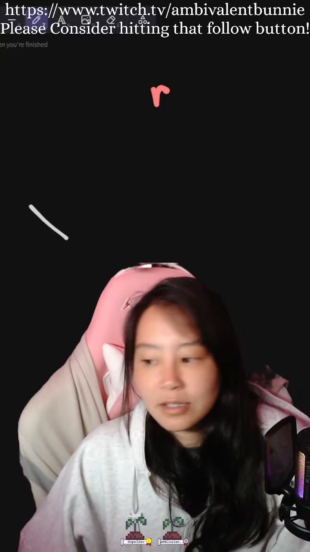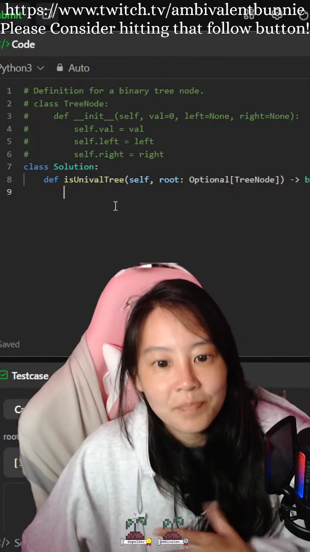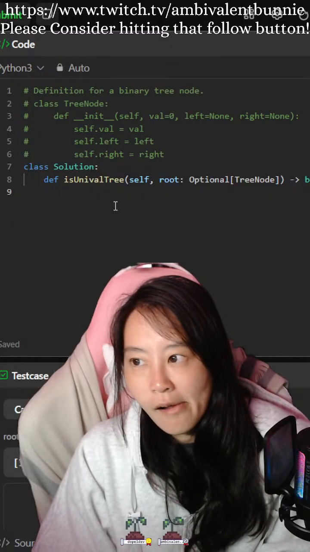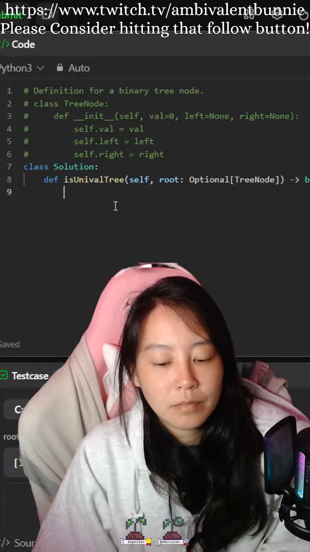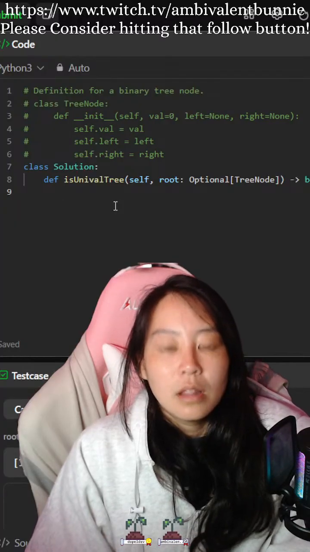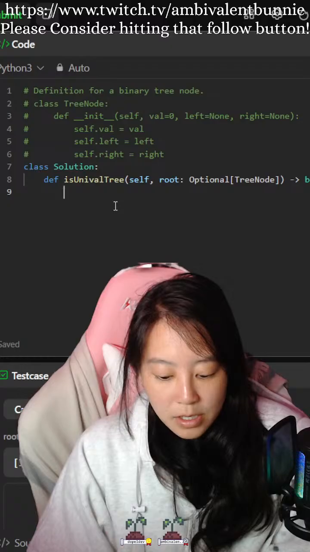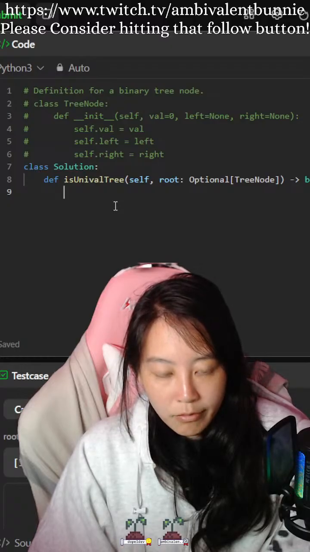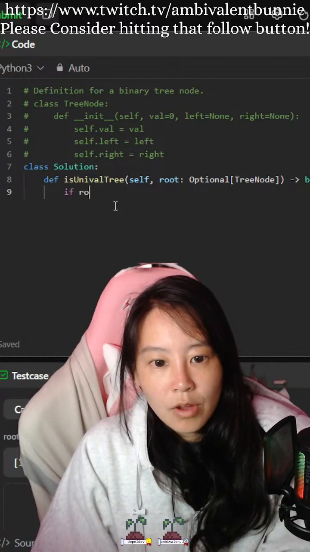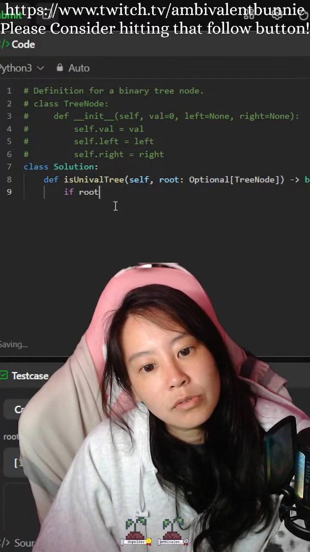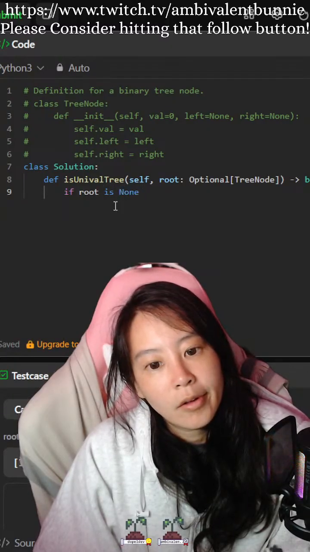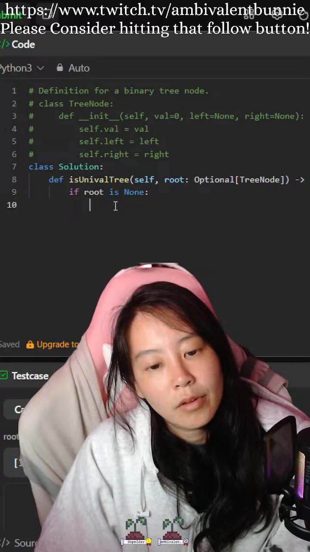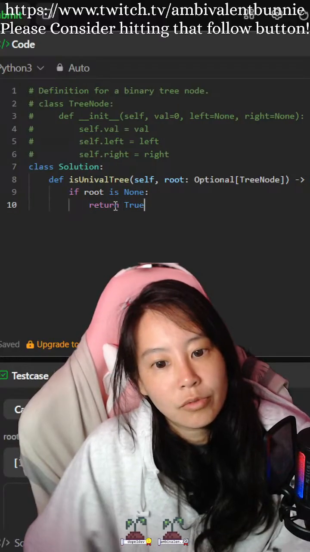okay, so let's do this. Let's do this, guys. So we have left and right. So basically we want to check if root is none, return true.